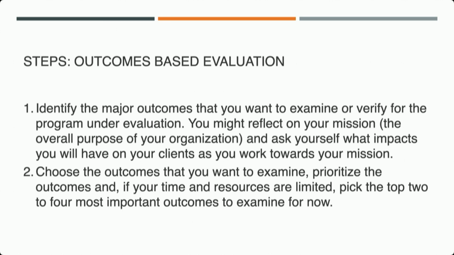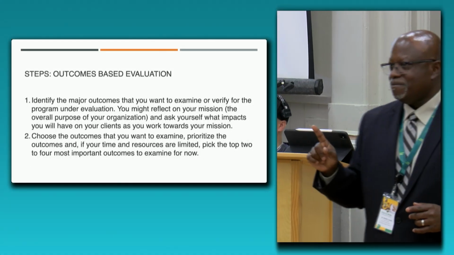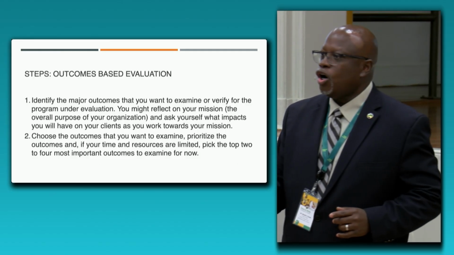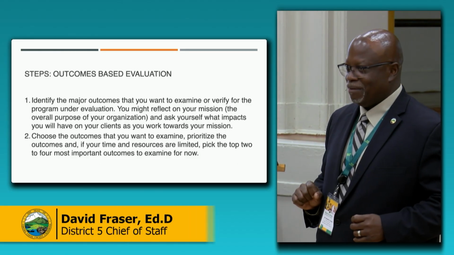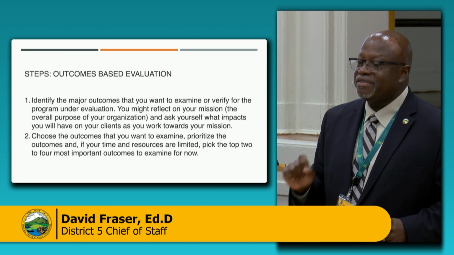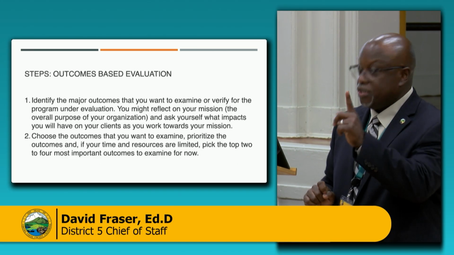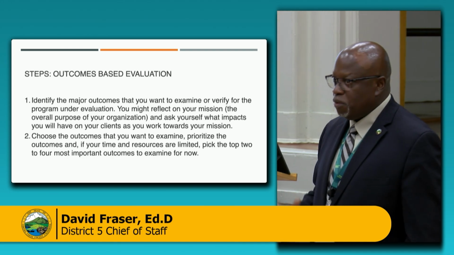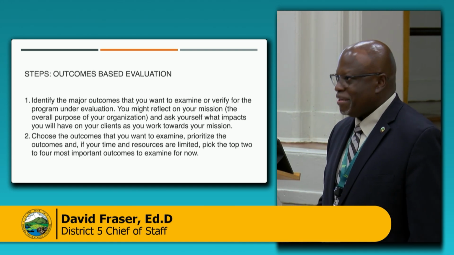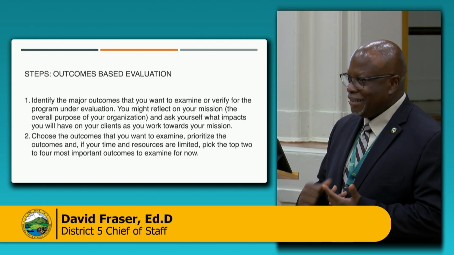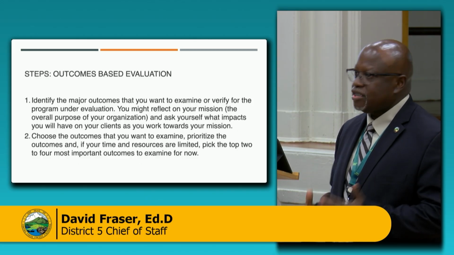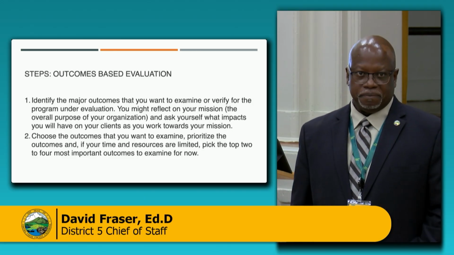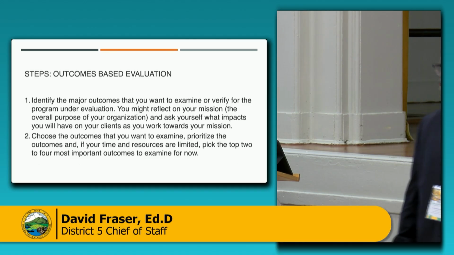What does that mean? Wait a minute. I thought you said we create the outcomes, we put them in the logic model, and now we evaluate based on those outcomes. Not 100%. You don't have to base your evaluation on all the outcomes that you identified for the program. You identify which ones are the most important to the program and do the evaluation on that. So let's say you have 6 outcomes. You can say our evaluation for this period will be based on 2 of the outcomes. Why? Because these are the 2 most challenging to achieve. These are the 2 where we find most of the need is, so we'll focus on these 2. Perfectly acceptable, right?